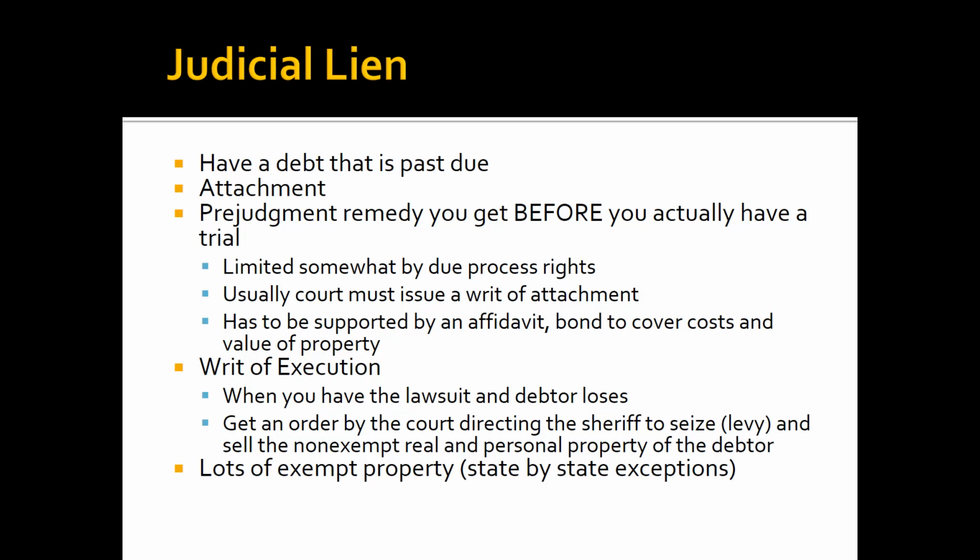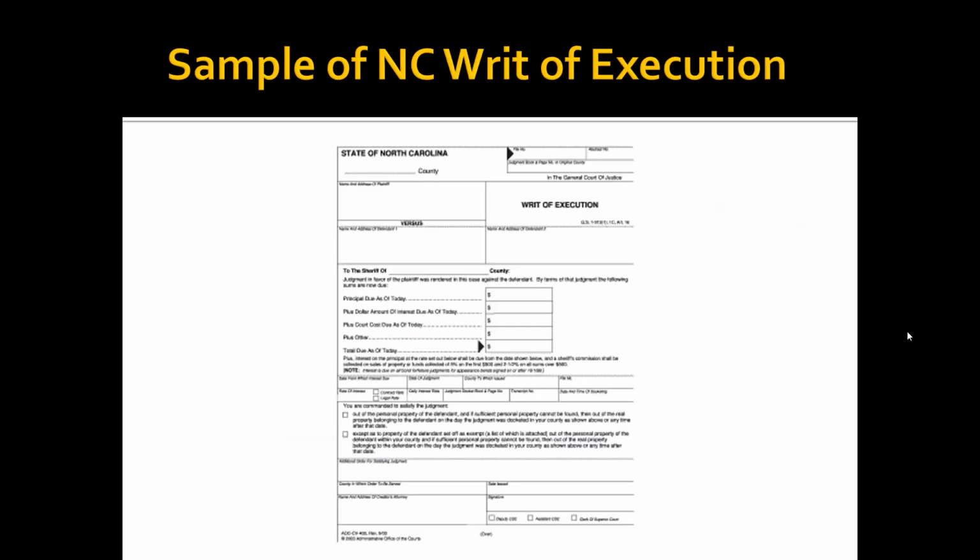And here is this next slide, a writ of execution in North Carolina. It's a little out of focus. I apologize for that. But basically, it's a form. You can see that. It says writ of execution. It's got the two parties. This would be Abel suing Baker.